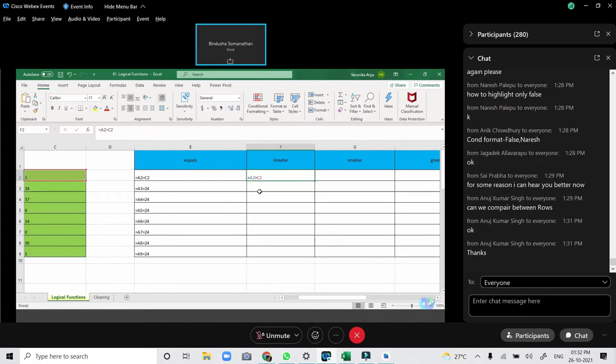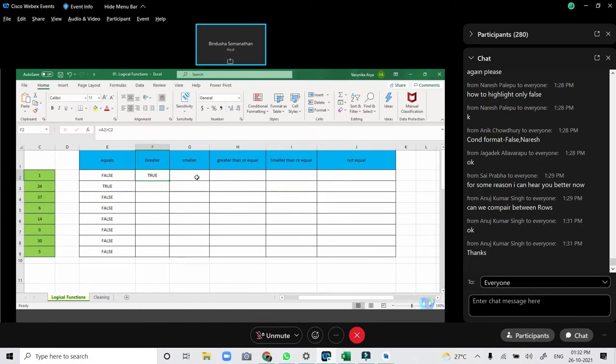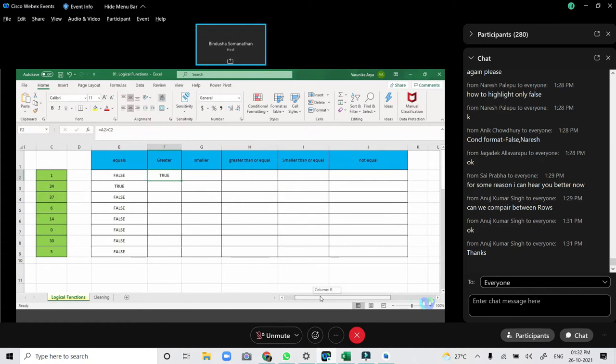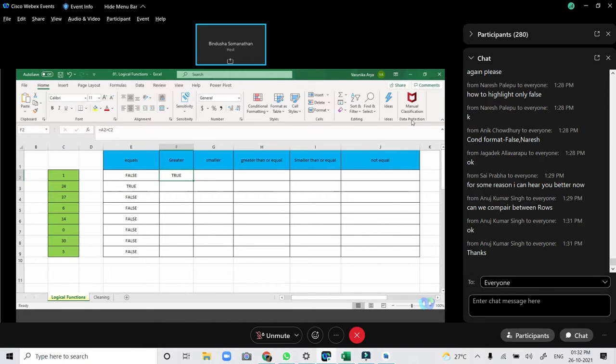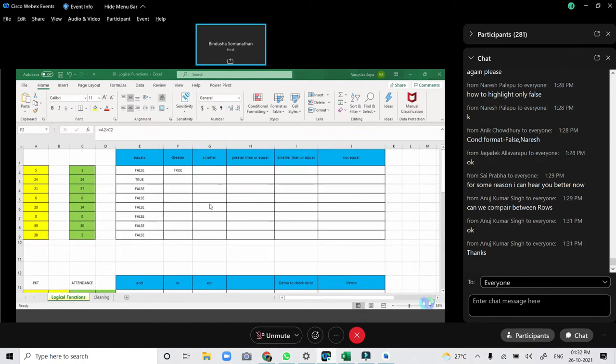So this is a greater than operator. And then we have different operators also. I'll quickly share it with you guys. So this is the greater than operator, and this is the smaller than operator. You want to check whether A2 is smaller than C2.